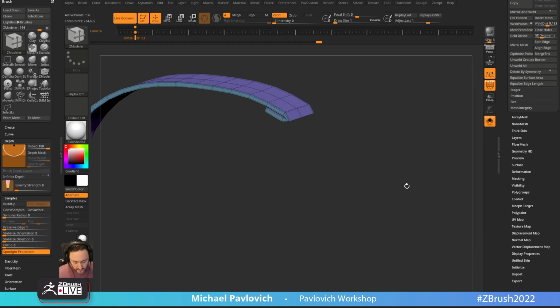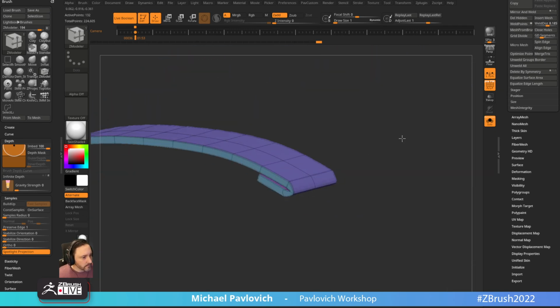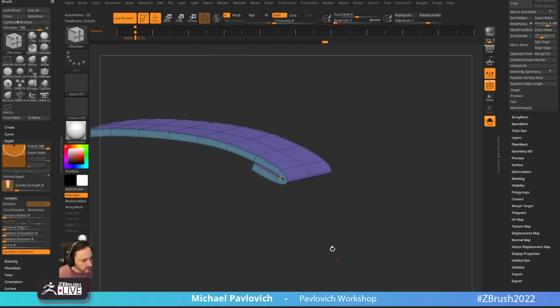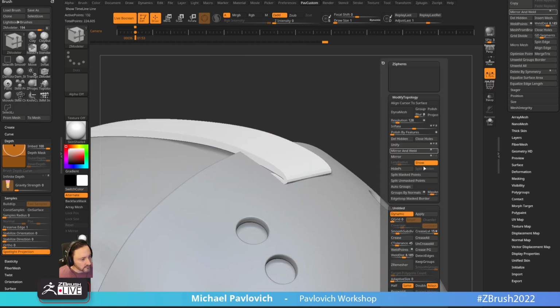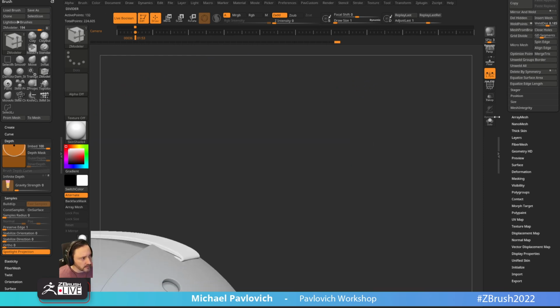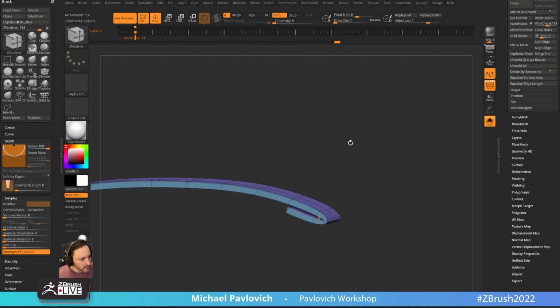And then now I can hit D for dynamic. And, oh, I'm sorry, uncrease all and then crease PG, and then I'll go ahead and just kind of crease this. Let's go do a crease level of 2, smooth subdiv of 3. And now we can even go in here,